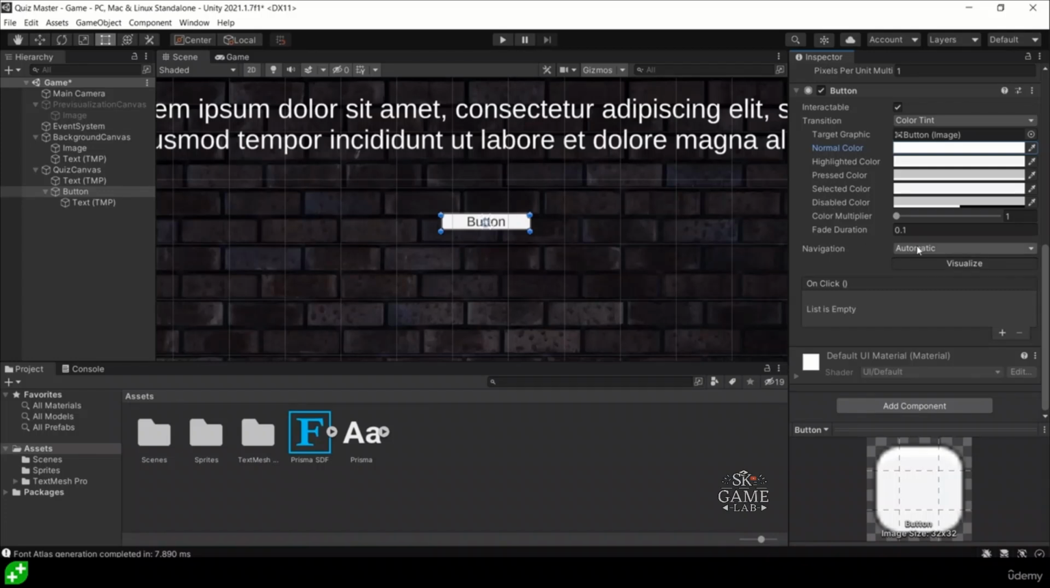We've got some navigation options, which we're not really going to worry about for this section. We're just going to leave that on automatic for now. And we have an event box called onClick at the bottom here. Now this will be where we start adding scripts later on to control what happens when we actually click on those buttons. And because we're going to be controlling these buttons in code later on to, say, highlight the answer